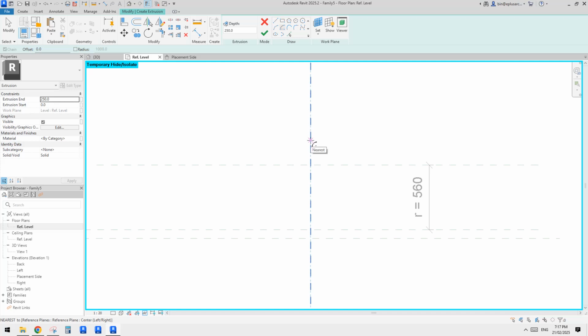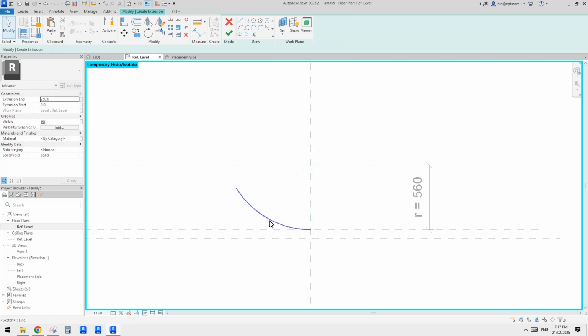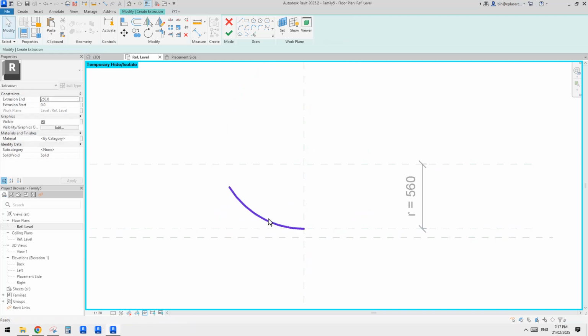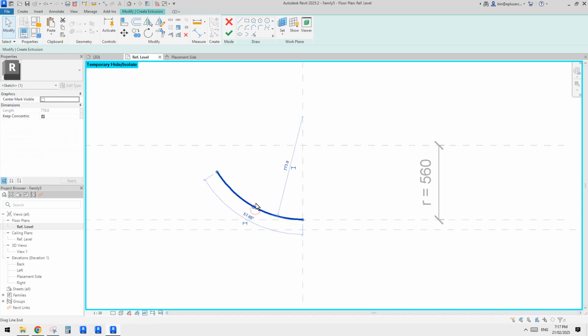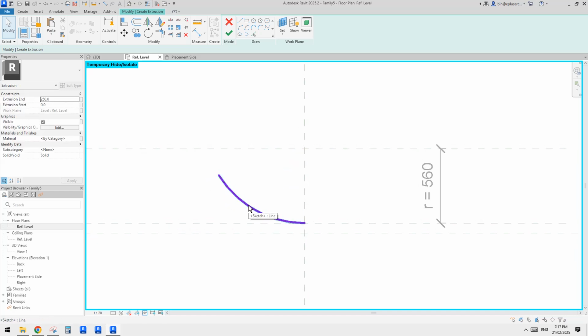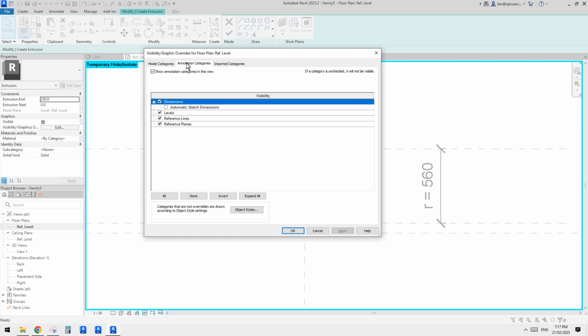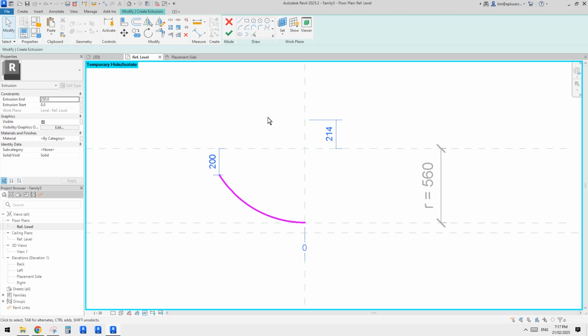So let's just do it roughly, from here, come down to here, and then roughly here. Now let me TL first to make it thicker, and then VV, go to annotation categories, and check automatic sketch dimensions. This will give us some temporary